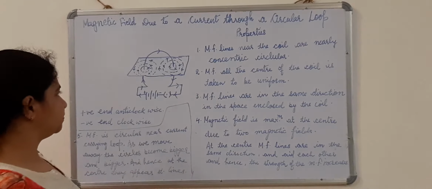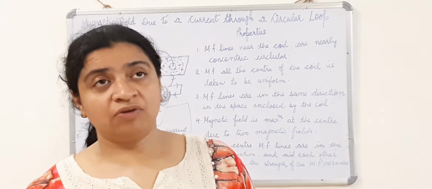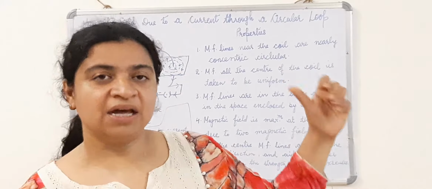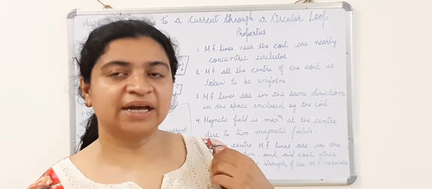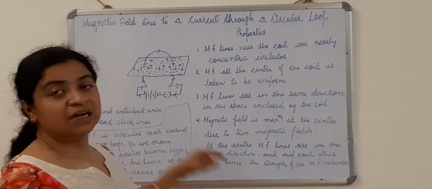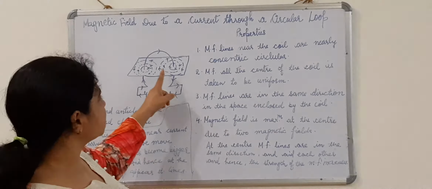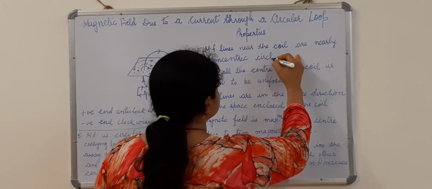Now we'll see how they have arranged, or what is the method to find out the direction of the magnetic field lines in this case. We have come to know the pattern of the magnetic field lines around the current carrying circular loop, when the iron filings arranged themselves in the form of concentric circles.